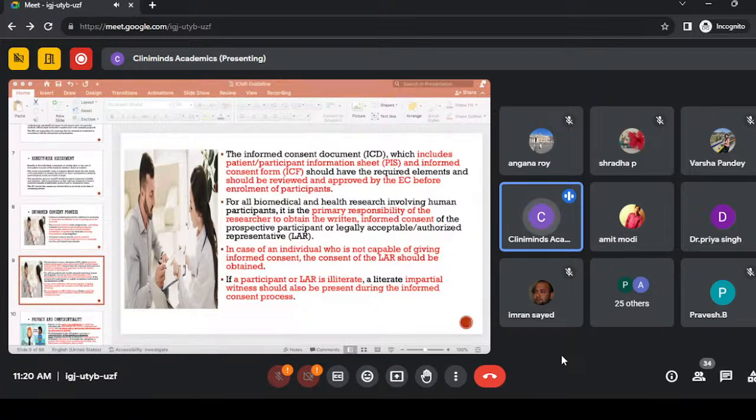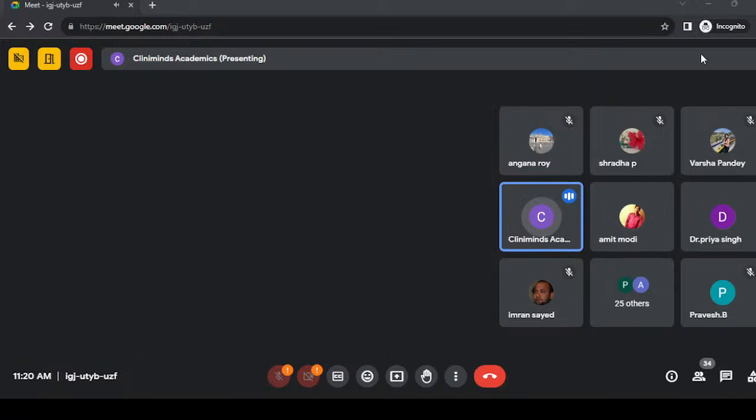So what the impartial witness will attest is that whatever information the investigator is communicating to the subject is correct, and that the same information is present in the ICF document as well. Plus, to make sure that the information that is being communicated to the subject